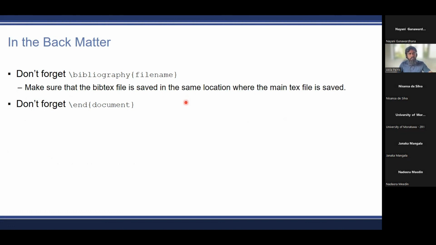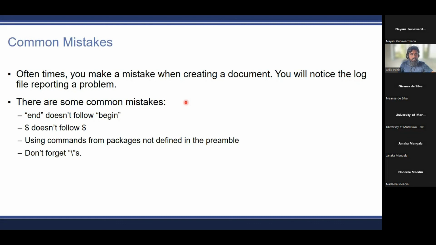So, right. Two things to remember: don't forget to add your citations, the bibliography, and don't forget to close your document. And yes, as I said, there would be errors, and we got some errors as well, isn't it, Mr. Akila? So then we solved them. I wanted you to see those things, especially, and I knew that they would be happening. And the reason is to make sure that you are not afraid to try it out and see errors and fix it and get to your result. Okay. Now, if you have errors, they will be reported by Overleaf.